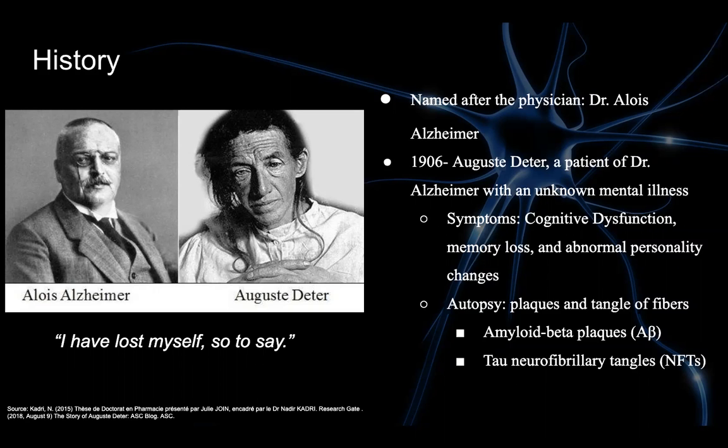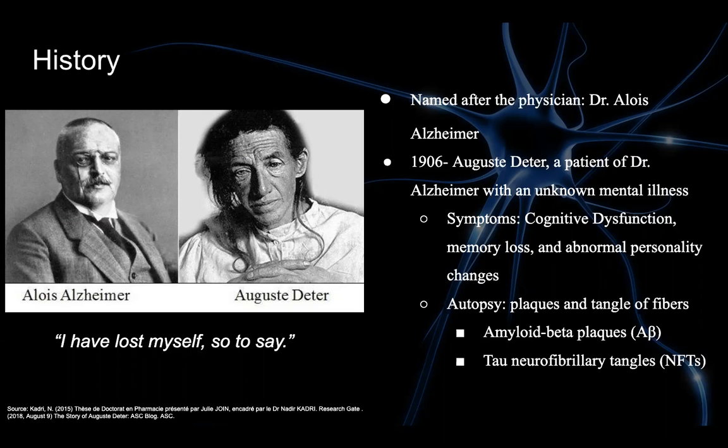She had trouble with her memory, could not sleep, and was having problems with language and writing. These were all signs of dementia, but she was very young to be presenting these symptoms. Dr. Alzheimer initially diagnosed her with pre-senile dementia, but was fascinated by her disease because of how young she was and the severity of her symptoms. Some days she was more herself than others, and when asked how she was on a good day, she would say, "I've lost myself," so to say.